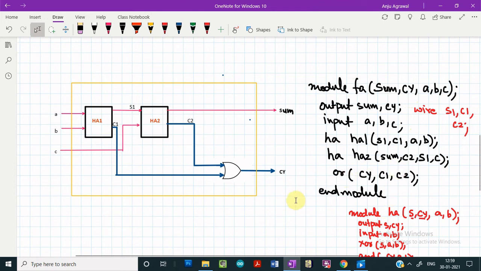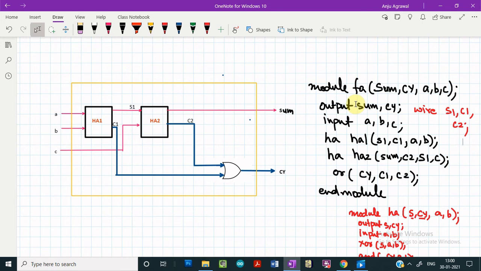And over here we have used the bottom up methodology, because we have designed the module for the half adder first, and then by making use of this half adder we are designing the full adder. And once you have written down the module for the full adder using the hierarchy, then you can write down the test bench for the full adder. This we know how we can write down. So in a similar way you can write down the test bench, and you can verify your design using the online compiler.